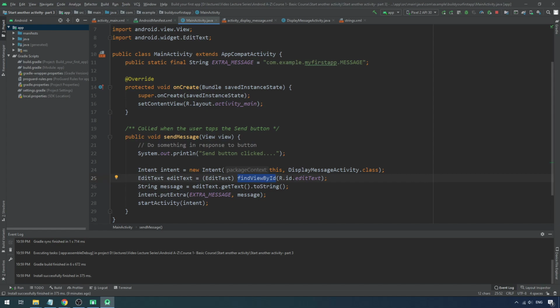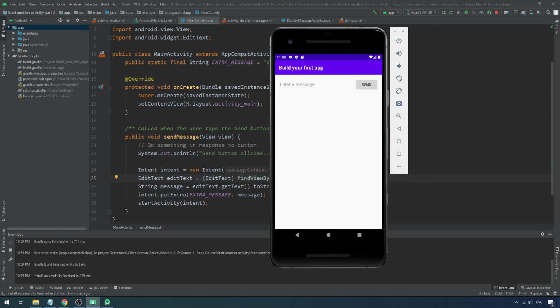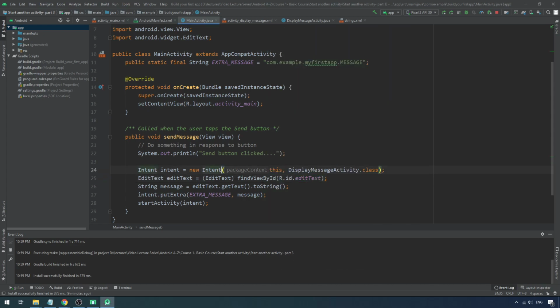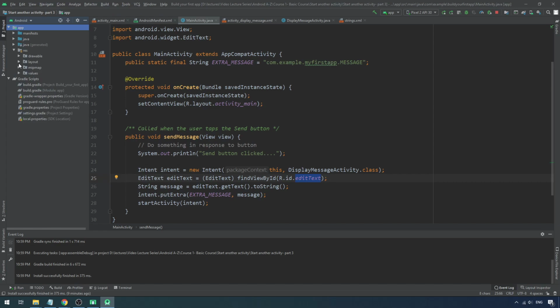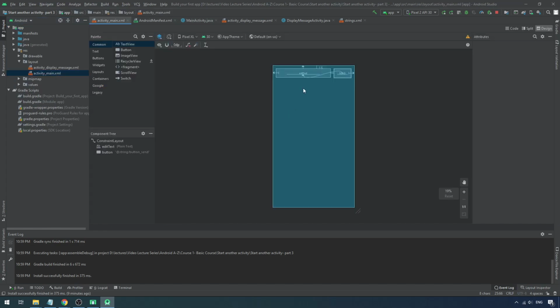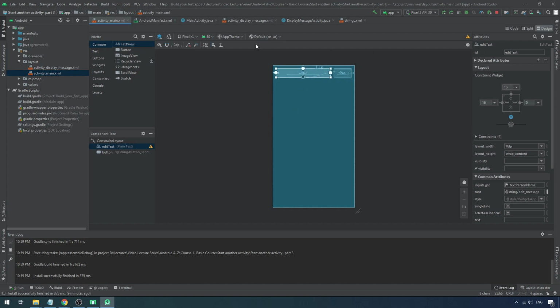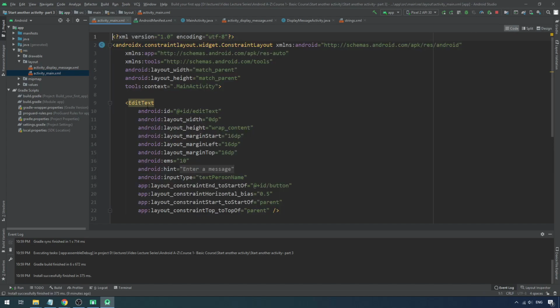So to get access to the EditText, in other words to get access to this text box which is an EditText, you have to call findViewById, and you cast it to EditText. Because as I said earlier, if you look here in the layout, in the MainActivity, this text box, and if you look at the code, you will see it's an object of EditText, right?